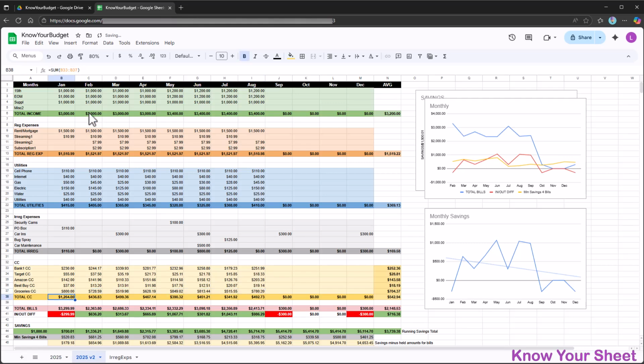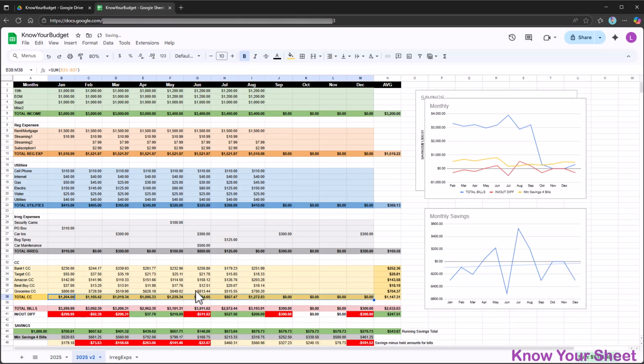And let's make sure that the total credit card row is calculating correctly. If everything looks good,